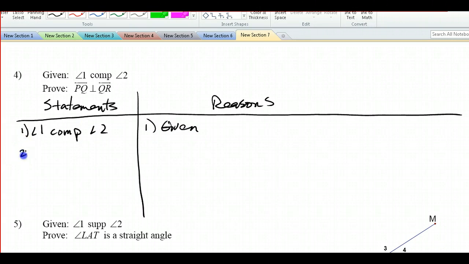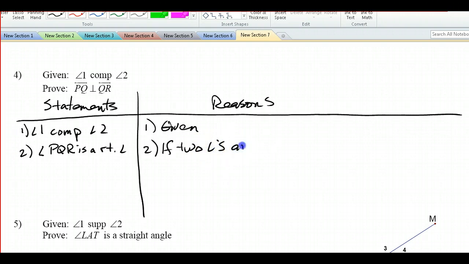And I know from my definition that if two angles are complementary, then their sum is a right angle. And I'm going to need that because in order to prove that two lines are perpendicular, I need to know that they form a right angle. So I need a right angle first. So angle PQR is a right angle if two angles are complementary, don't forget the word two, then their sum is